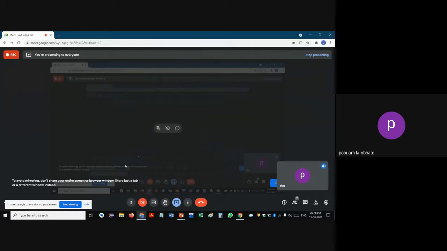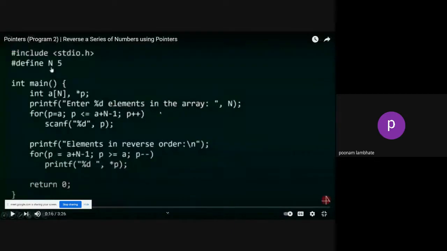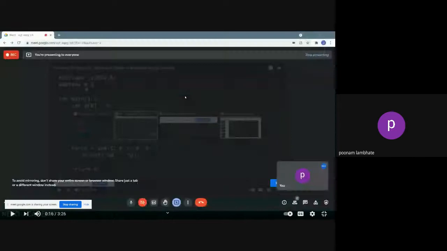In this video, we will look at a program which is based on the concept of pointers. In this program, we will point a pointer to an array. Till now we have seen how we can use pointers to simple variables. For example,